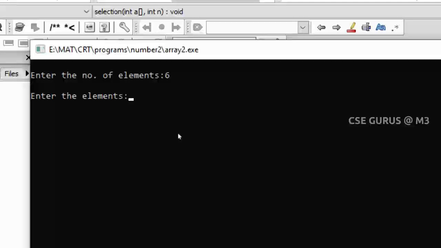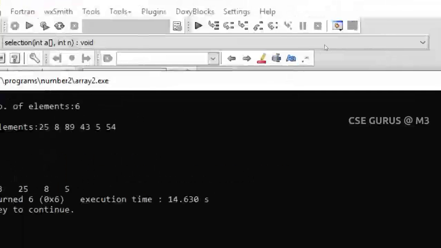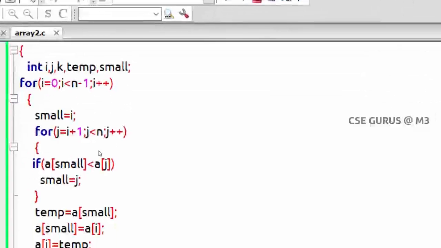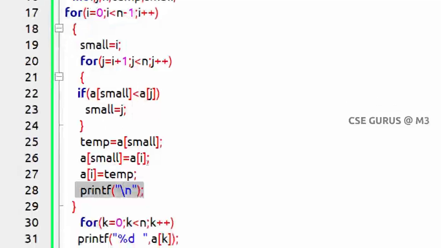Let us suppose if I give 6 elements, 25, 8, 89, 43, 5, 54. So 6 elements, you can see the answer: 89, 54, 43, 25, 8 and 5, which are in decreasing order. So now the question is asking to make the first half in increasing, second half in decreasing. So the very simple answer what I'll do here is,